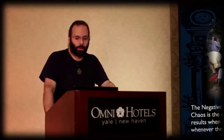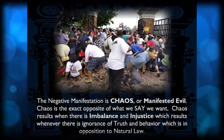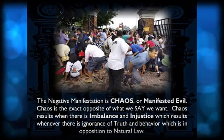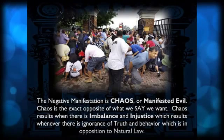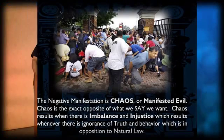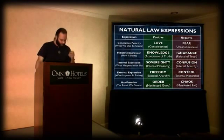Our energy has to be given over to them by our mindset being made like theirs. Otherwise, their worldview can't come into manifestation, which is one of chaos and disorder. The negative manifestation, chaos, or manifested evil, is the exact opposite of what we say we want. Chaos results when there is imbalance and injustice, which results whenever there is ignorance of truth and behavior which is in direct opposition to natural law. So that's our chart, and one last thing I want to say about it is that